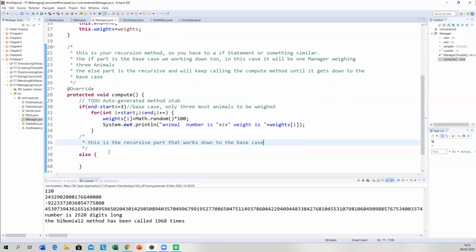Now, here's what I'm going to do. What's the easiest way to divide up tasks? Does anyone know? To divide up a number of anything into smaller parts. Exactly. That is the easiest way to divide up things into tasks.